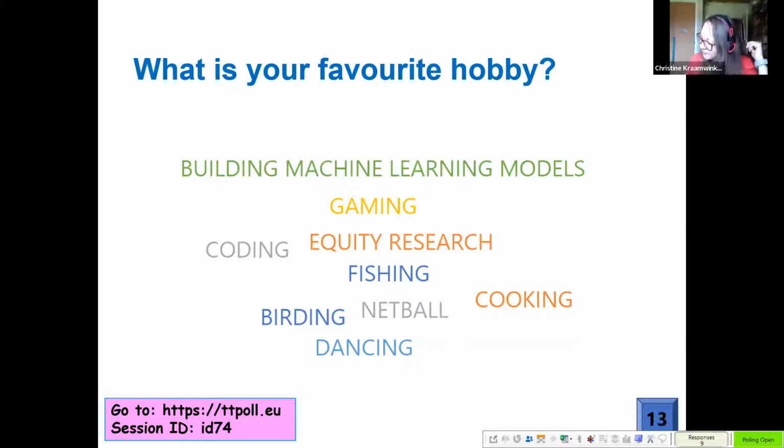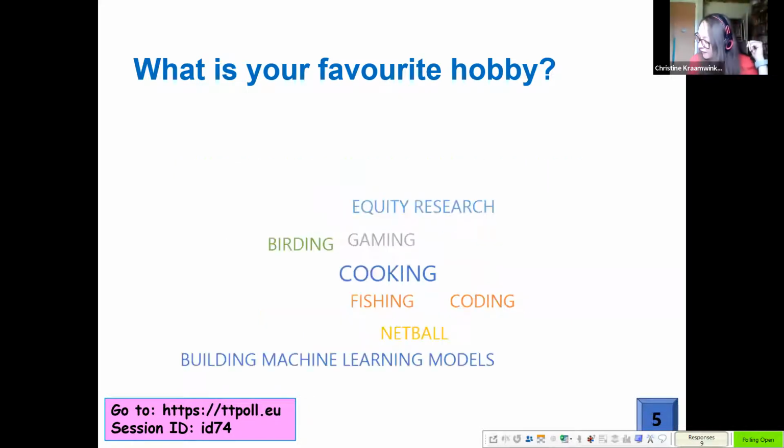So I'm going to change my answer here just to show you what happens in a word cloud. And you can actually do word clouds in R as well. So you can see now cooking, I've just changed mine to cooking. So cooking has suddenly gotten a bit bigger. So we won't actually do word clouds in R, but I will show you how to figure out how to do it as well. Okay, so we know a little bit of what people enjoy here.